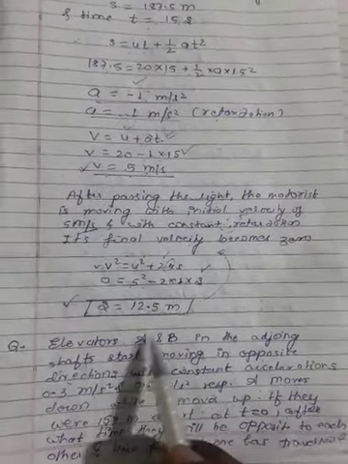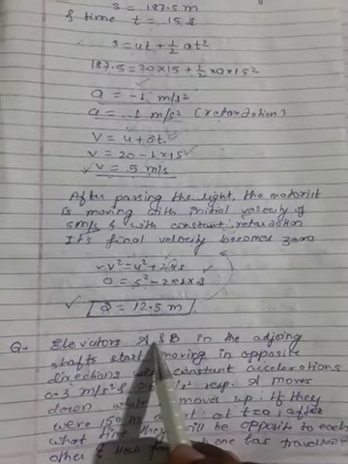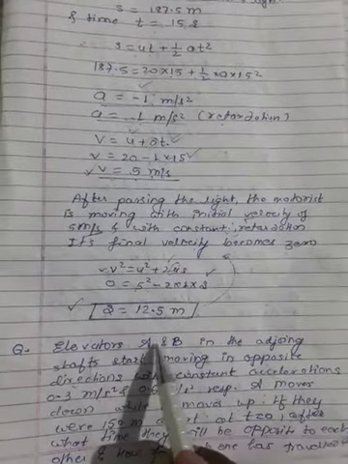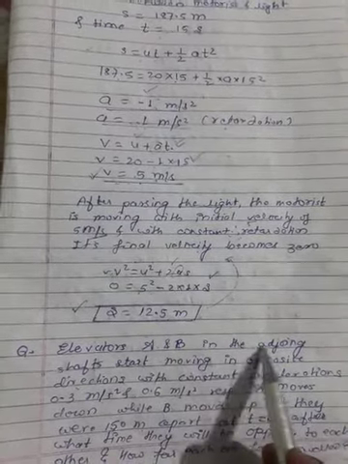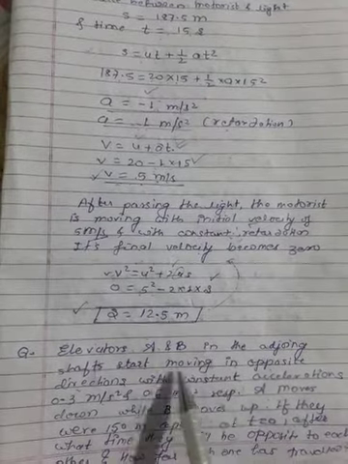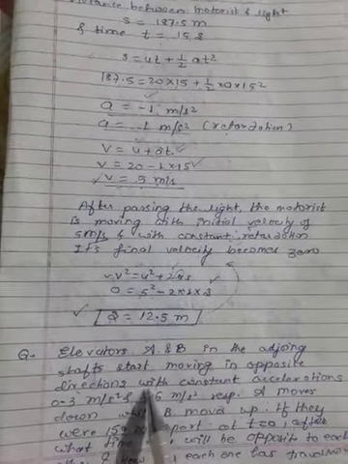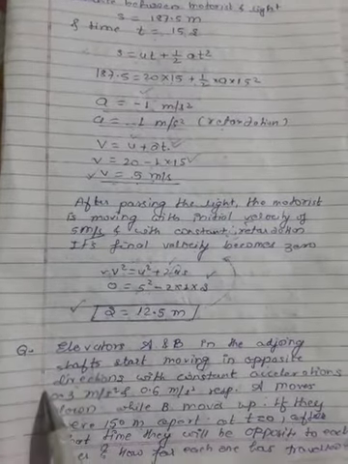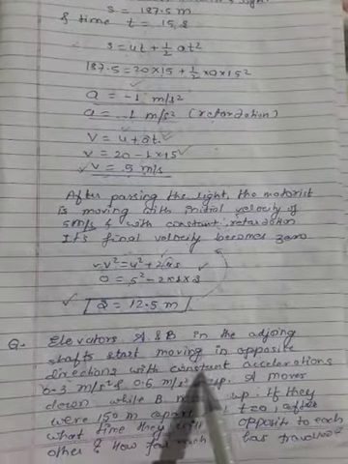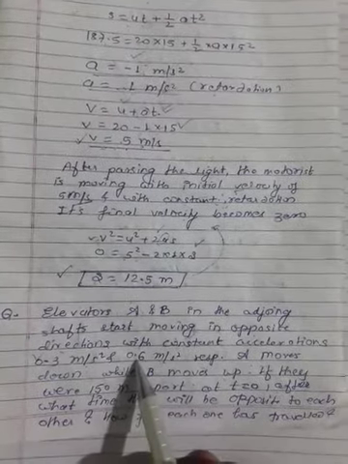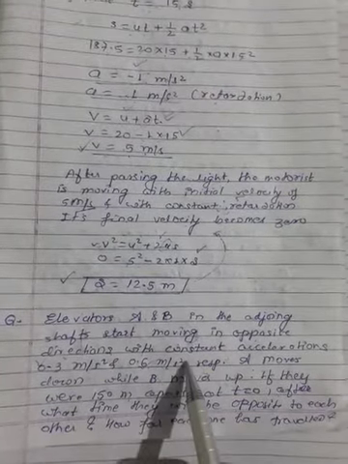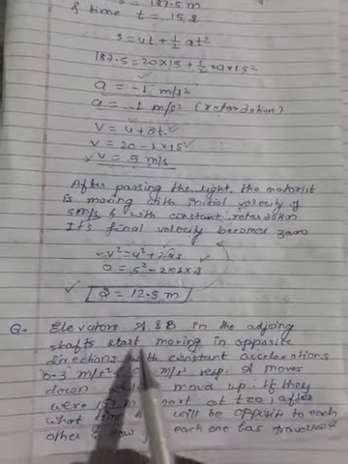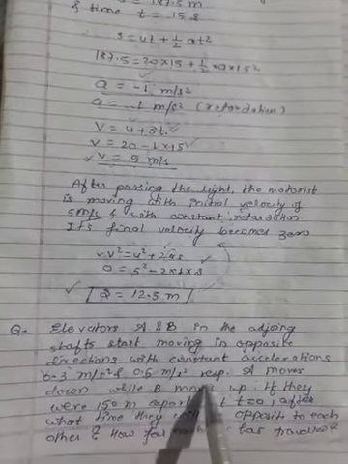So in this case you are given two elevators, that is lifts, on different shafts, adjoining shafts, moving in opposite directions with a constant acceleration. For A, the constant acceleration is given as 0.3 meters per second squared. For B, the constant acceleration is 0.6 meters per second squared. The A elevator moves in the downward direction, B moves in the upward direction.